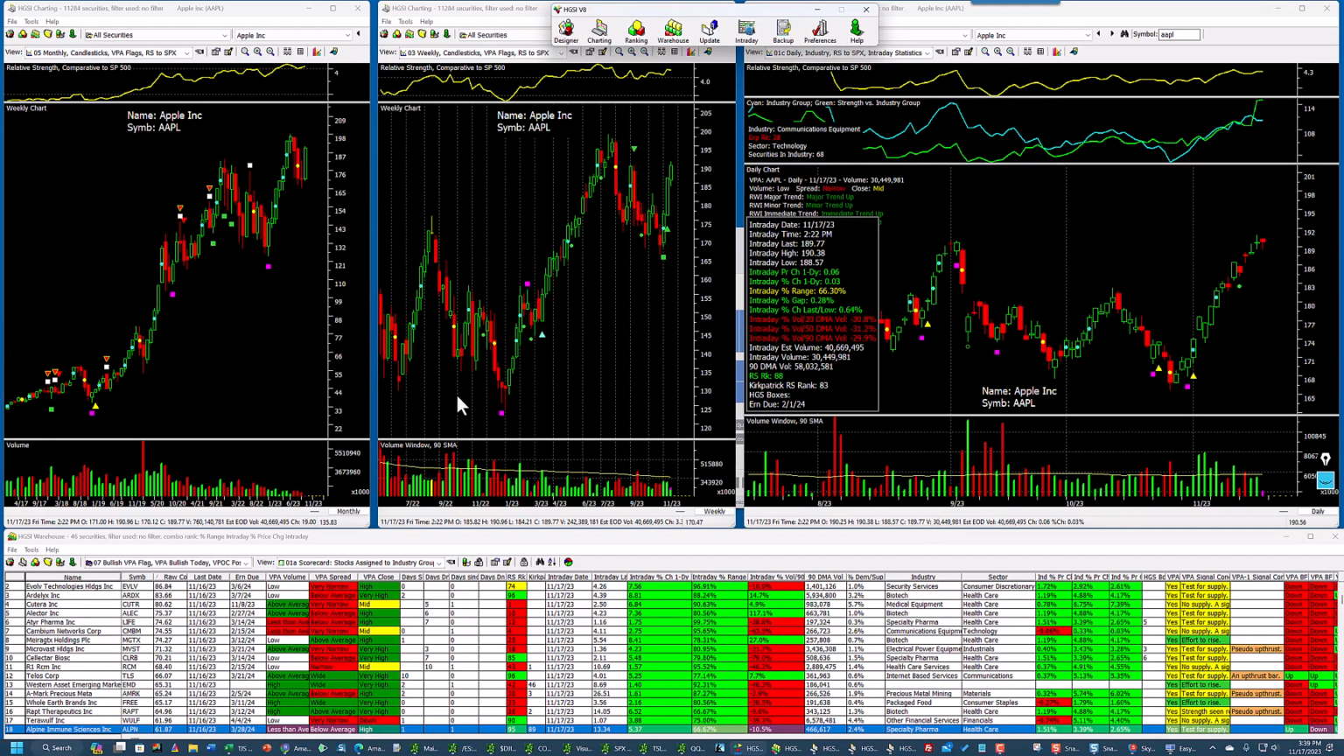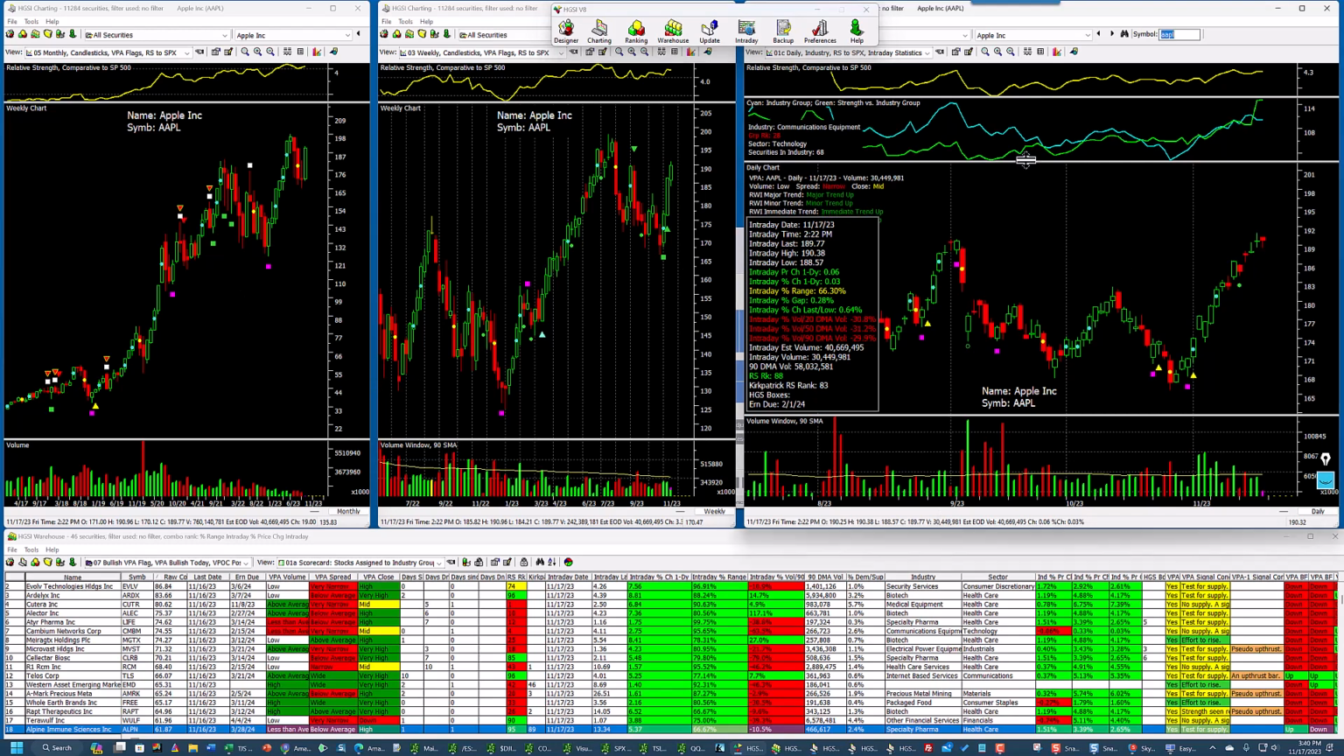I'm experimenting with a little different layout here. I've got a monthly, a weekly, and an intraday chart on here, just something to give me more information about what's going on. But right now what I'm going to do is